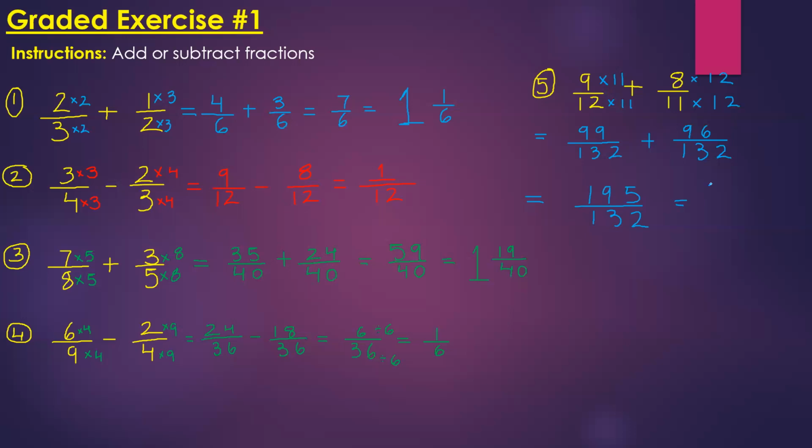Hello, what do we get? 1 with 39 over 132. You sure it's 39? Let's check. 132 into 195. How many times does 132 go into 195? One time, right? Once. So we